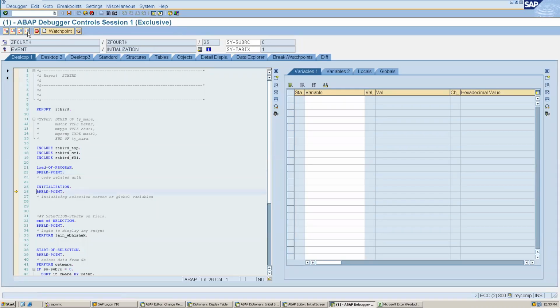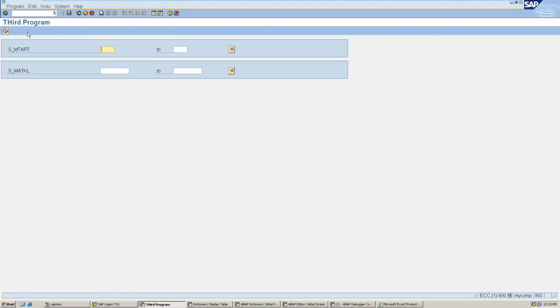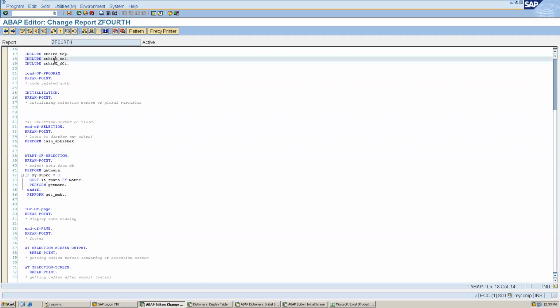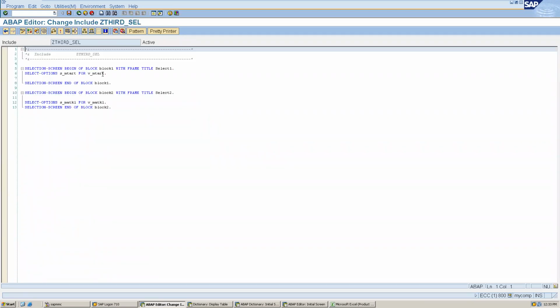For example, here I want to put ROH as a default. How can we do that? So first of all, in the selection screen, if I write value, there is value request, there is values, or default is there. So we can write default here also. This is one way.